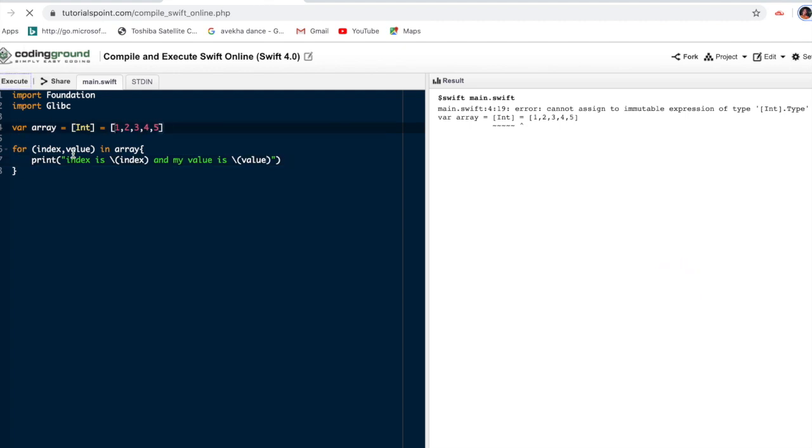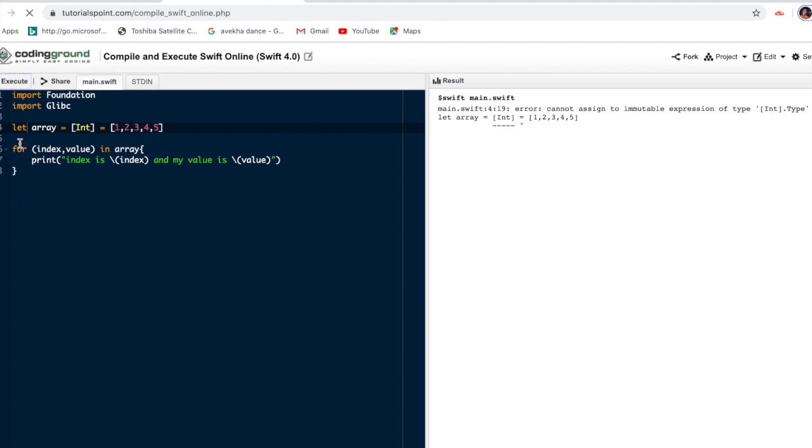Let's see what happened here. It says can't assign to immutable expression of type Int dot Type.